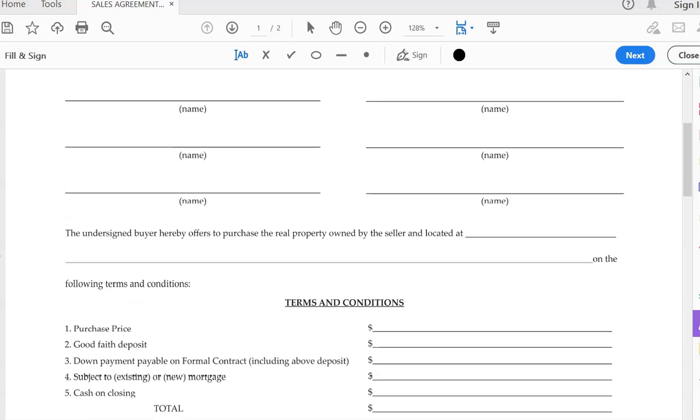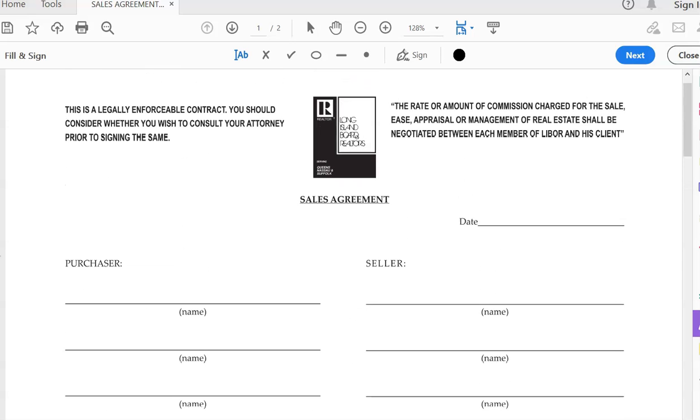Good day, folks. My name is Marlon John, and I'm here to go over with you the sales agreement, how we fill out a sales agreement. Sales agreements are presented when we're ready to present an offer. So first thing at the top, we'll fill in the date